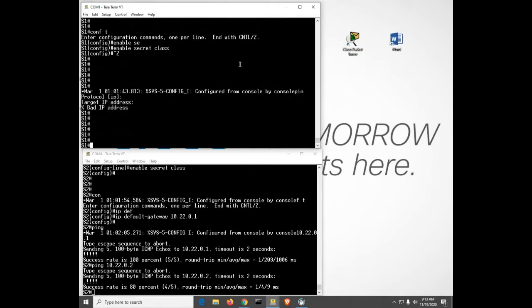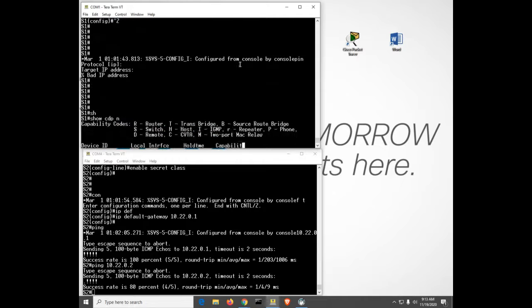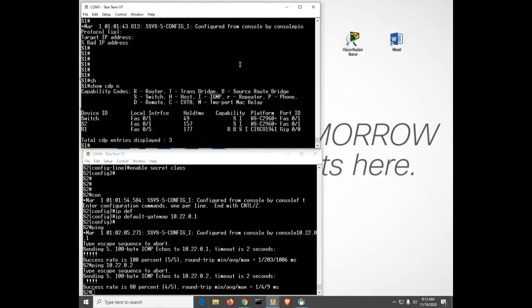Now what I like to do whenever doing these labs, before you even apply any IP addresses, is go to the device that's in the middle. In this case, S1's in the middle of the topology. And let's do a show CDP neighbor. CDP is on by default. So we can see that switch 1 is connected to switch 2, port 1 to 1. We can see that switch 1 is connected to the router port from switch's FastEthernet 0/5 connection to the